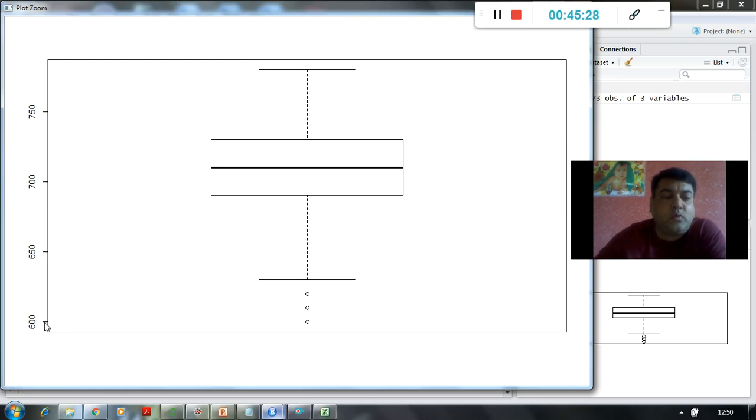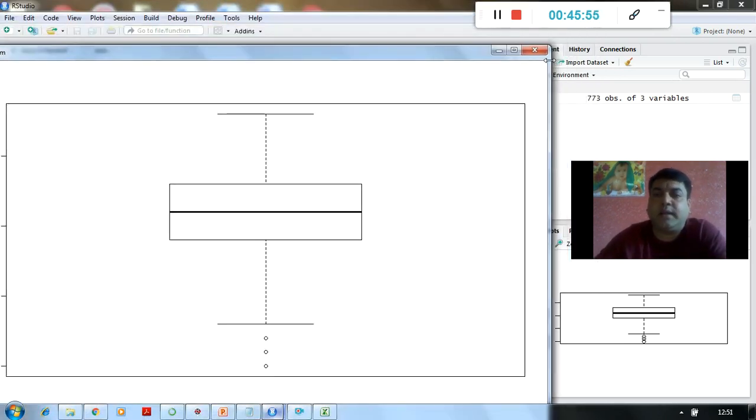Now this value of 600, which is shown by this dot, you can have multiple 600 values over there, and these circles can overlap each other. Similarly, this circle, maybe 610 or 20 can overlap, 620 or 30 can overlap each other. So there may be multiple outliers, but as far as values of outliers are concerned, there are 3 values, right?